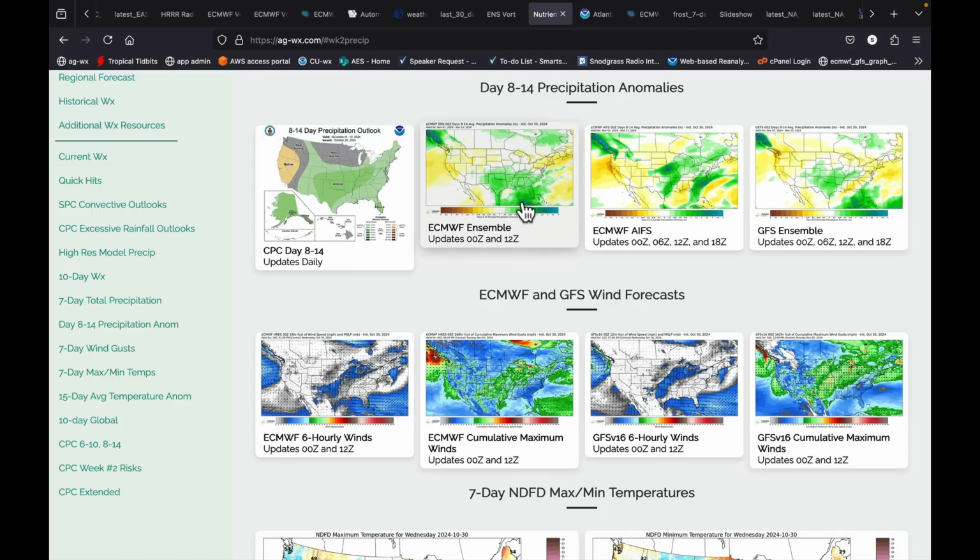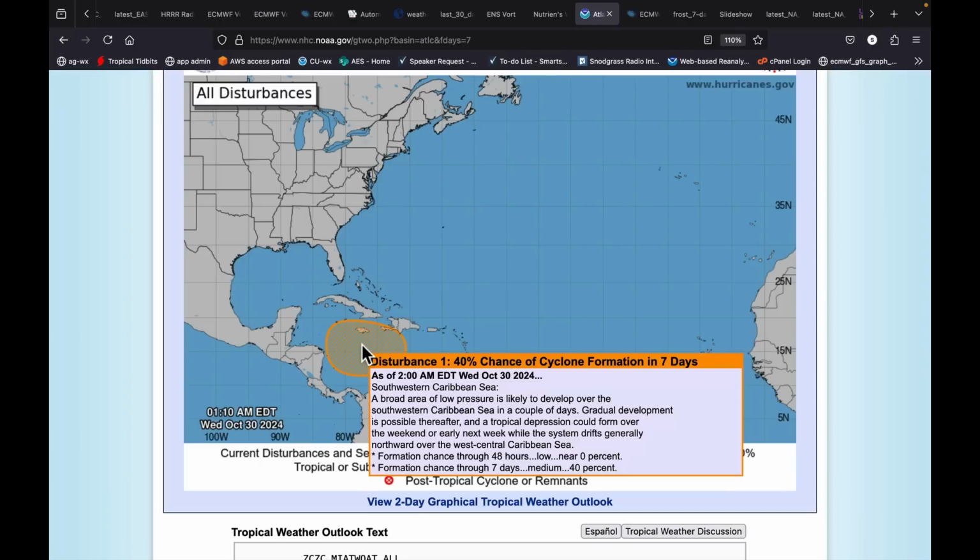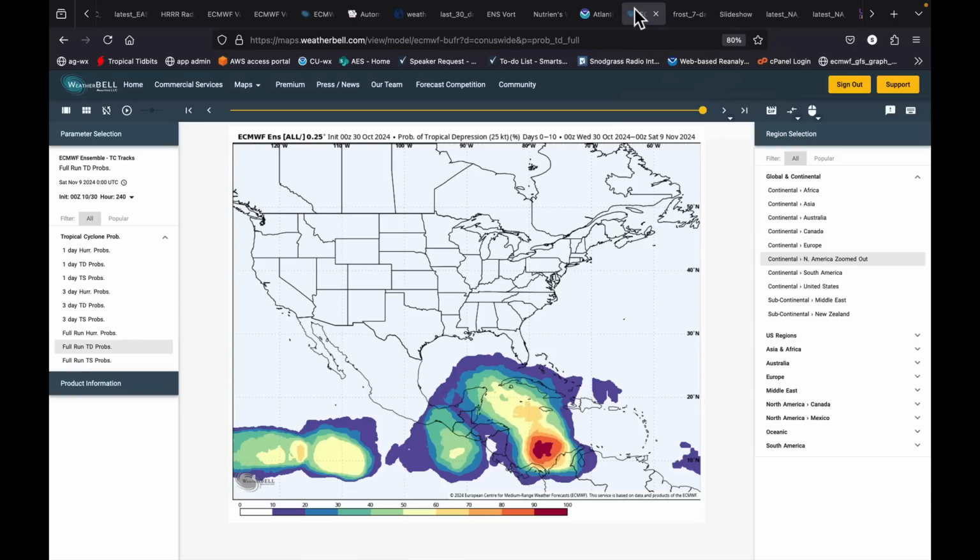Now, since I mentioned the southeast, you can start to see in the European model some really wet conditions here. That's partly because we've got a tropical system that we need to be keeping an eye on. It hasn't formed yet, but there's the chance of a disturbance developing at 40% over the next 7 days, according to the National Hurricane Center. And then if you look at the 10-day European model forecast, the ensemble average is about 50 to 70% that we could get some more tropical development. And again, that follows the MJO movement we talked about, just taking the lid off of this area, knowing the waters are still quite warm here.